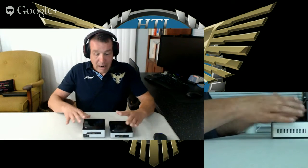What do I also do with this? I take it with me wherever I want to go. I don't normally mount it on the back of my television. I mount it down below so you can't see it. I'll take it off if I want to go to my mom's house, or if I know I need a computer that I want to use, that's what I bring with me. So it's very portable. I can stick it in my pocket if I want to. Some people could probably put it other places, but